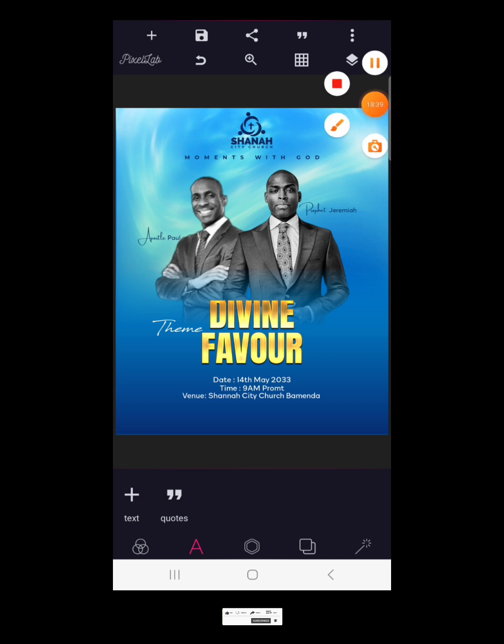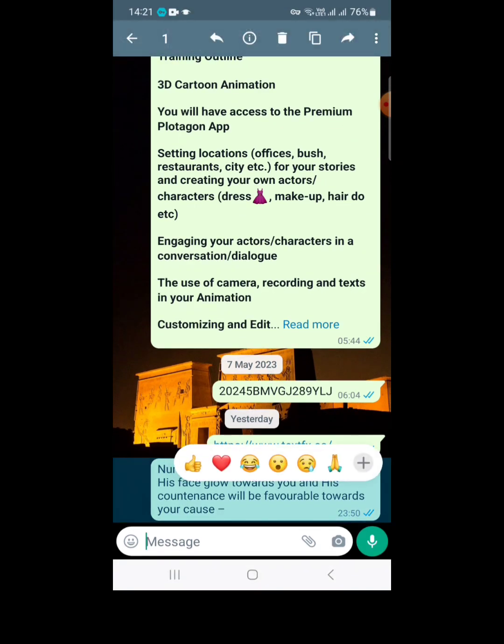And the last thing that we want to include now for this flyer is some biblical quotation that are presented to us. You know, most of these church flyers, they have their biblical quotations drawn from the Bible to really amplify the events, or to really send out the word of God in a more easy way for believers to understand. So they send in some biblical quotation, and I saved it on my WhatsApp. So I'm really going to go to my WhatsApp now and bring it out. So this is the quotation here,